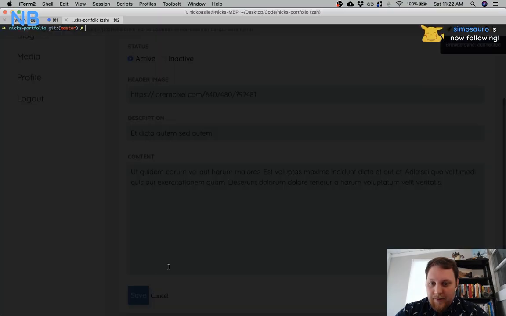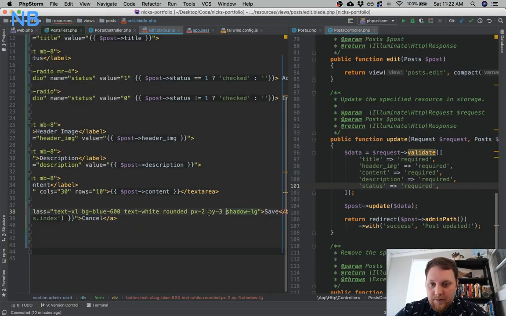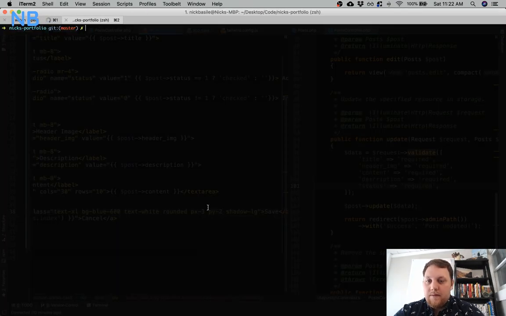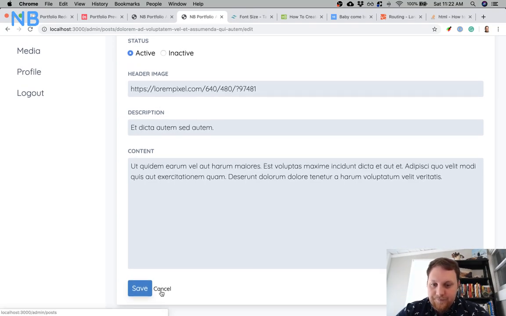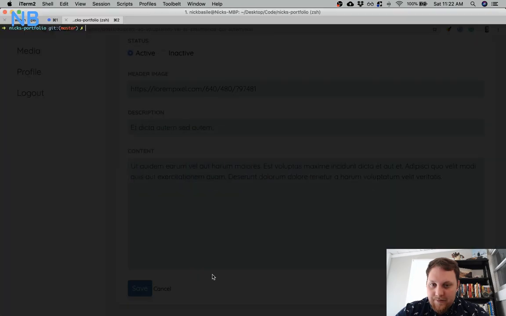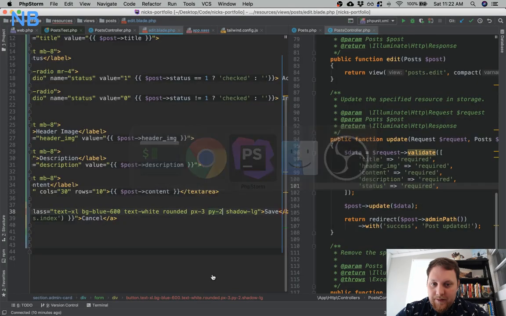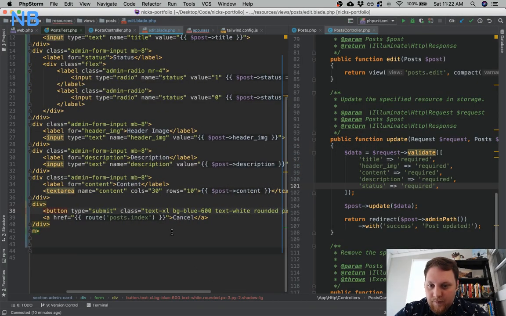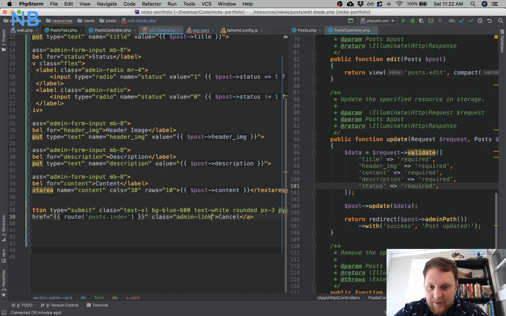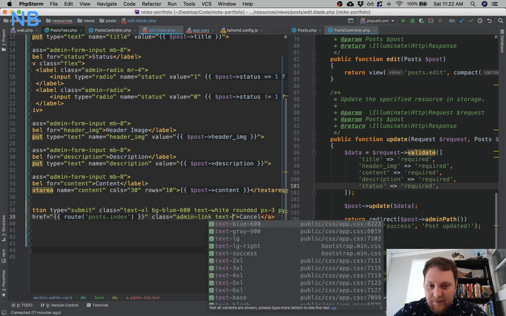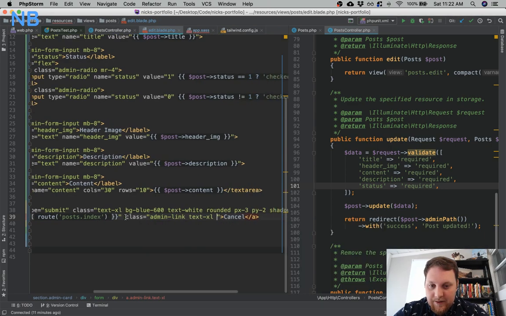Oh, we're on the wrong one. There we go. Oh, I did it backwards. There we go. That looks like a nice save button. And then our cancel button, which is really a link. We'll kind of style that a little bit differently. But similarly, actually, we just do admin link, I think, and just kind of say text XL, and then